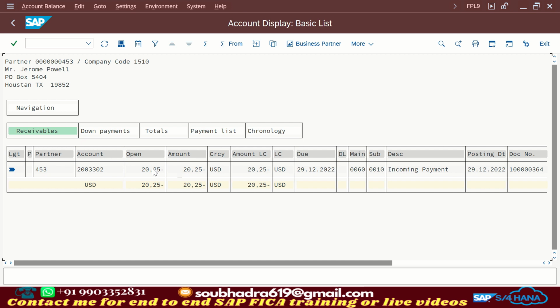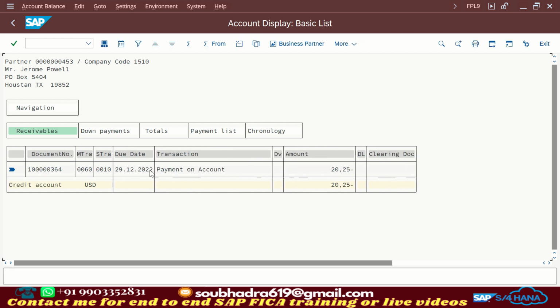And so there can be two scenarios. The customer may say that you don't need to pay back the extra money. Whenever the next invoice is posted, this minus can be adjusted with the next invoice. Or if the customer says no, I need the money back, we are going to talk about that particular scenario where this extra money we have to refund back to the customer. So to post a refund, a user needs to get inside the document